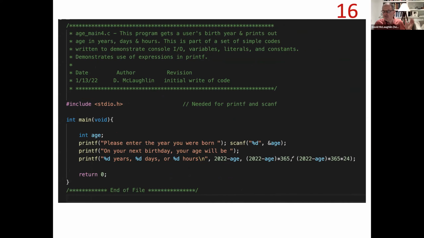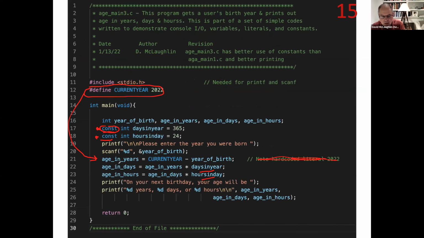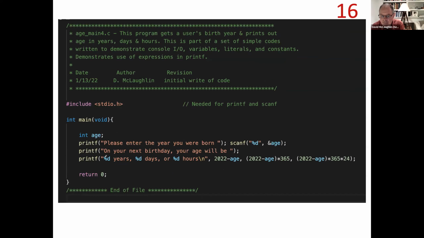Okay. Before we leave this example code, let me show one more way of doing this. Here, it does the same thing. It'll accomplish the same thing, so from the user at the terminal, it's the same interaction as the previous one. Here, what I've done is, instead of creating new variables where I'm calculating age in years, age in days, and age in hours, I'm actually doing those calculations right in the print statement, here, here, and here,